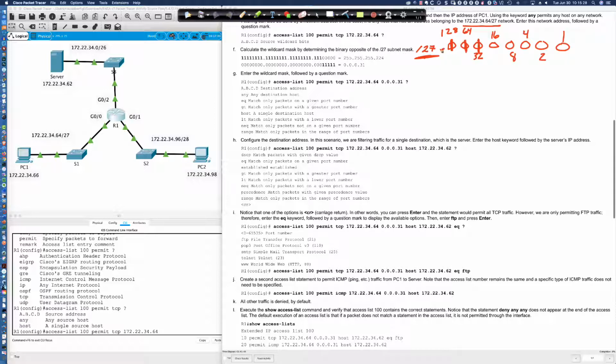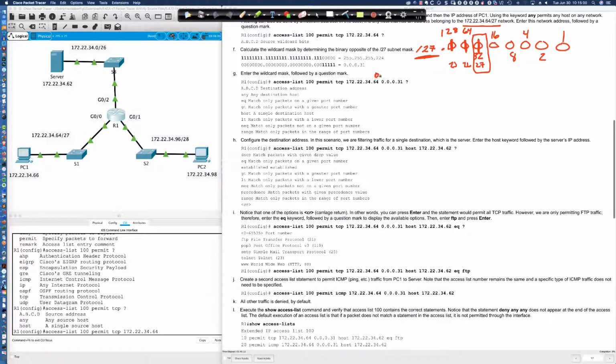So up to that point, it would be a /24. This would be a /25, /26, and /27, right? So we're right here with that value of 32. And with that value of 32, the block size, I can tell you every subnet that would be possible to be used with a /27